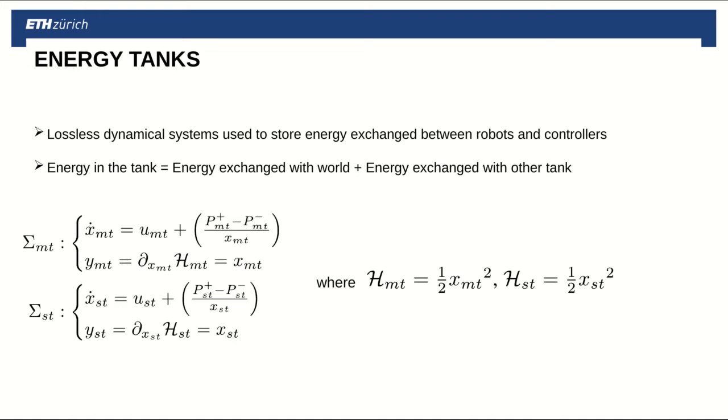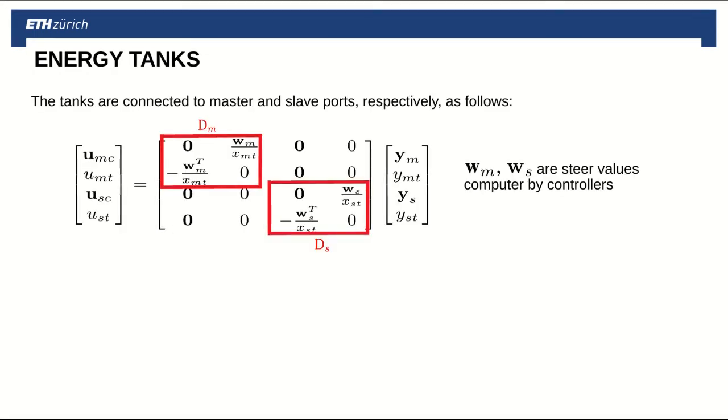Indeed, if we see the equation describing the evolution of the tank, we can see that the rate of the state associated to the tank, denoted here with x, is given by the contribution of the control effort plus the power exchange between the tanks. We interconnect the master and the slave tank to the master and the slave robot respectively